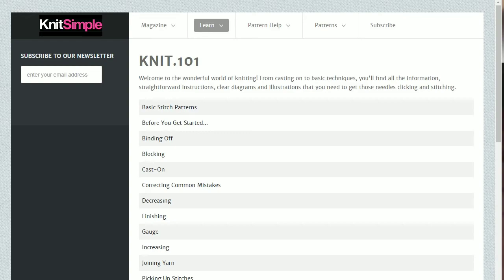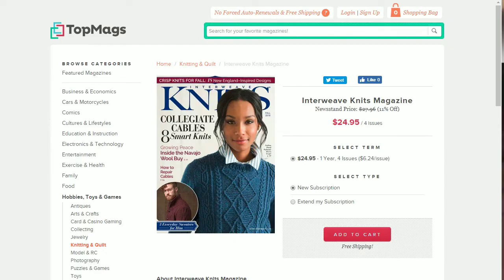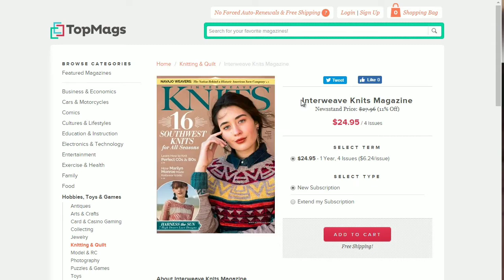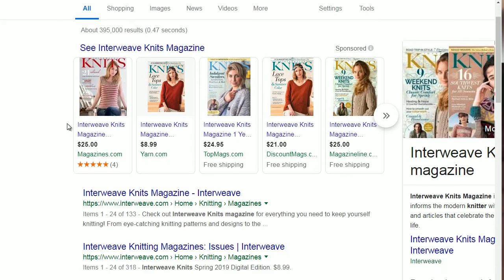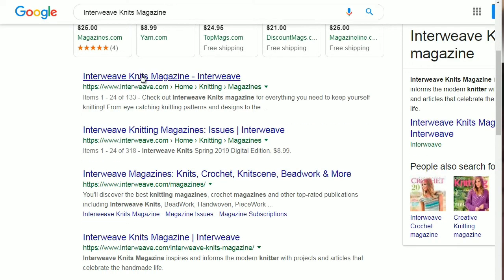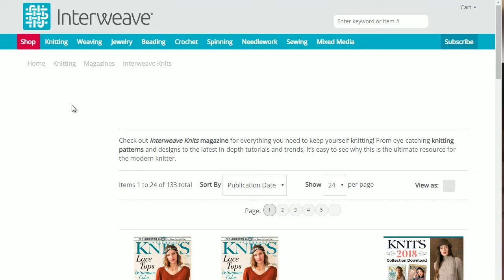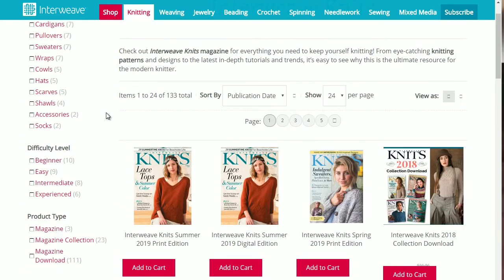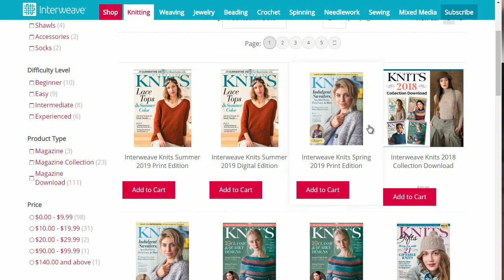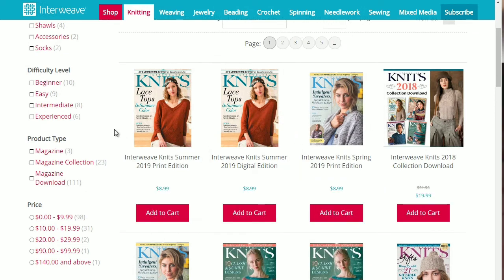All right, so I'm going to close this down. I'm going to go to the next one. This one is Interweave Knits Magazine. I'm going to do the same exact thing. We're going to right click, do a search on Google, and see if they have a website. And this one looks similar. So we're going to go over here. So it looks like they are covering a wide variety of different topics, but this one here gives us an idea of the coloring, the patterns,